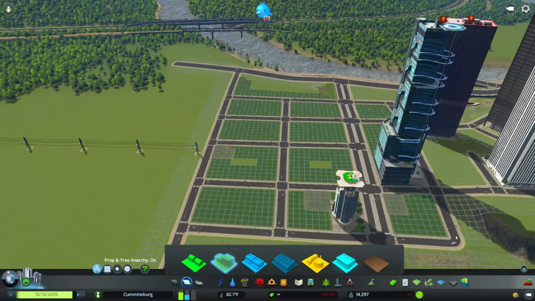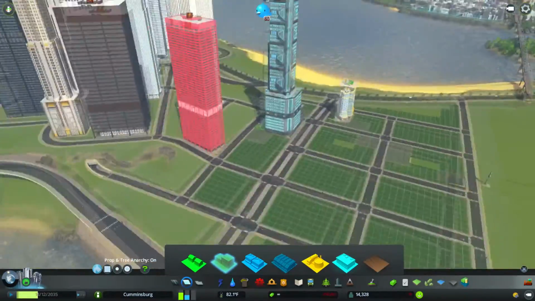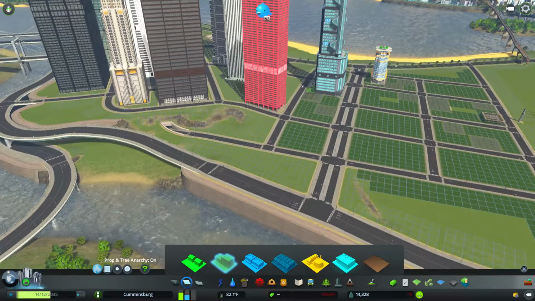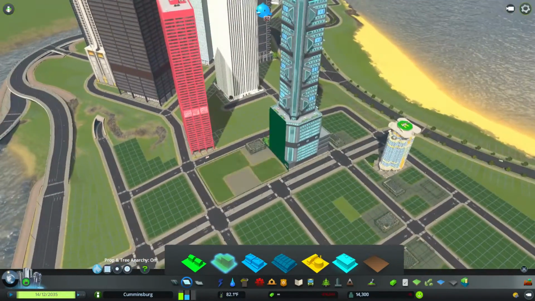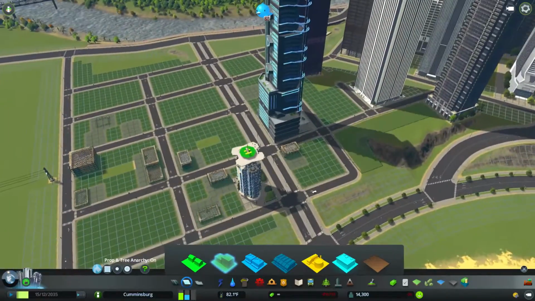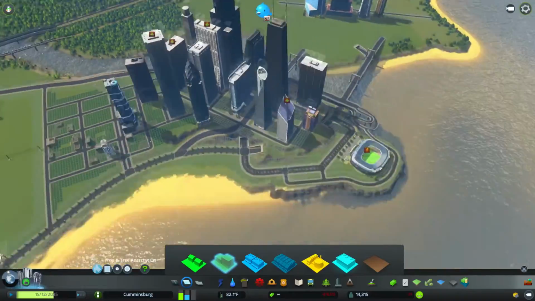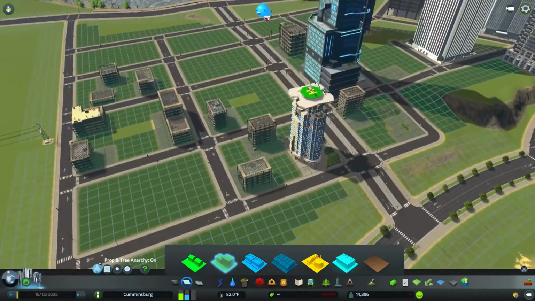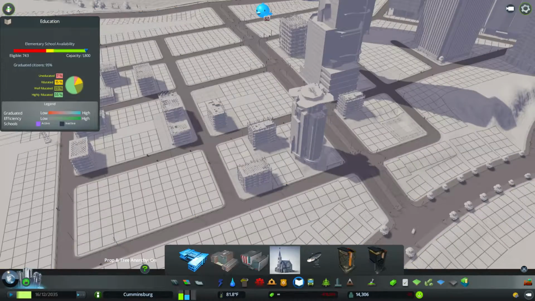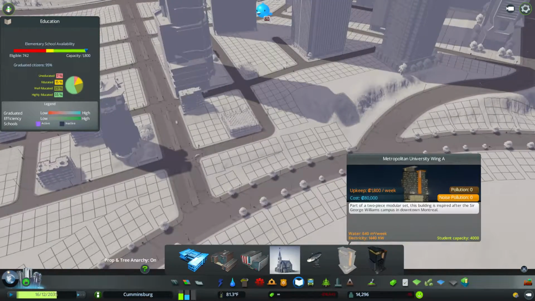I'm just going to go ahead and zone basically from this red building out. Kind of about like that. We're going to need some schools over here too. Something I'd like to do actually over here is put these